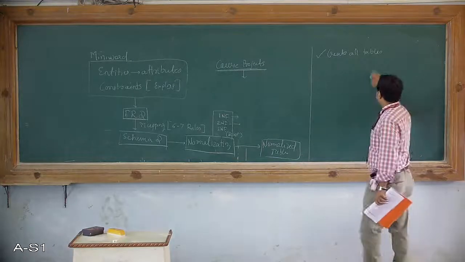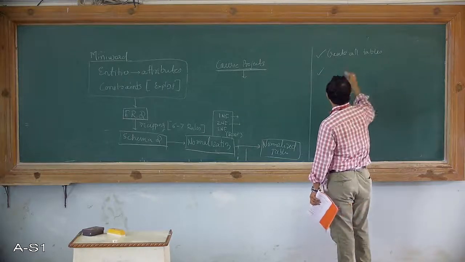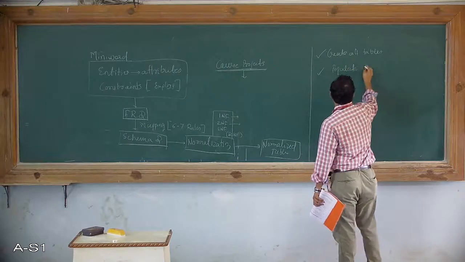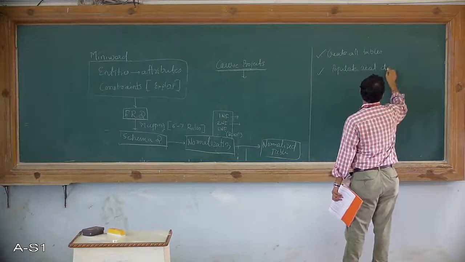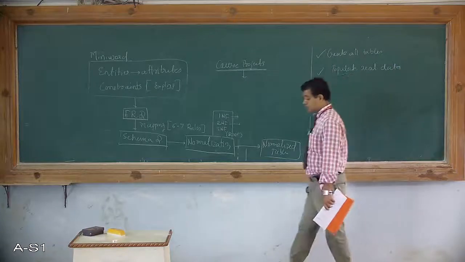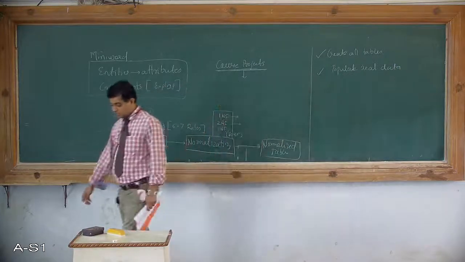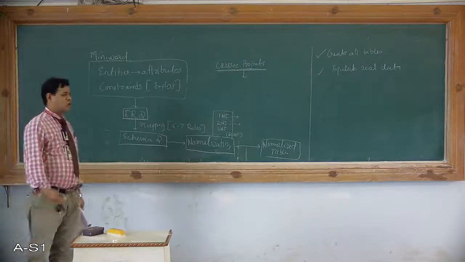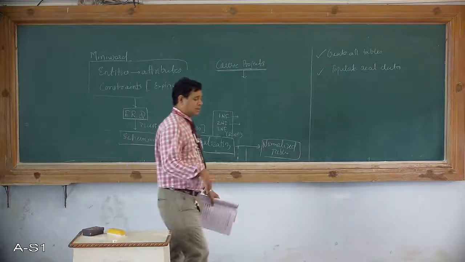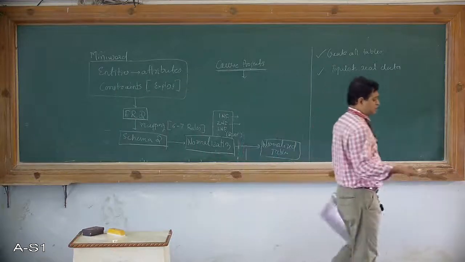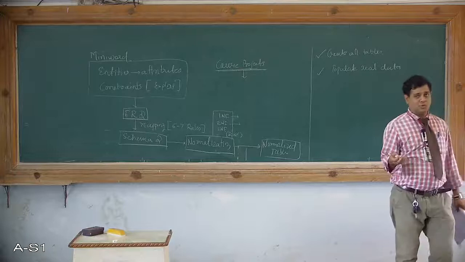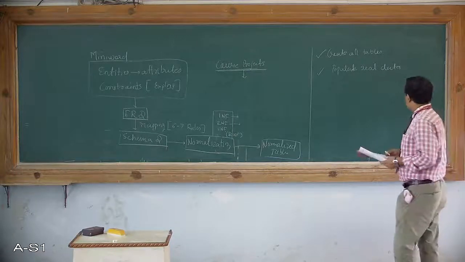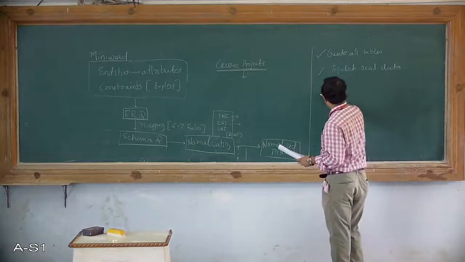Then you have to populate the real data. If you want to populate the real data, you can just use your common sense, and fill in the data here. Once this data is ready, then